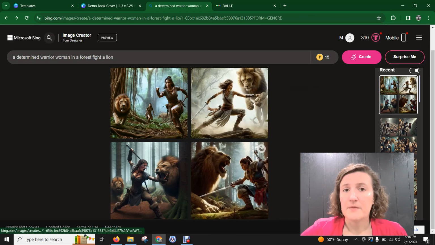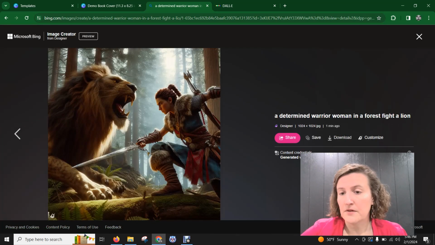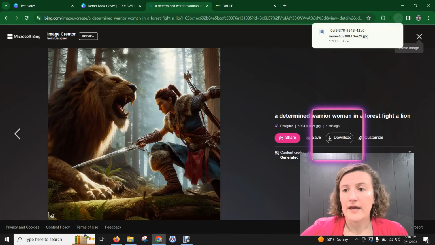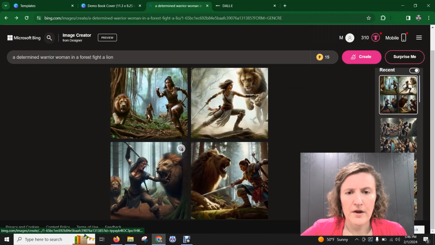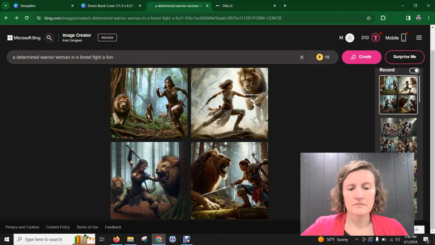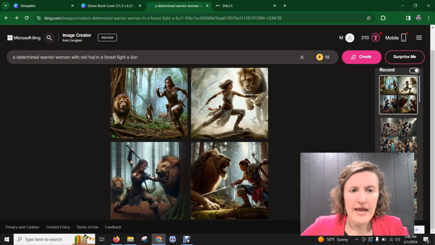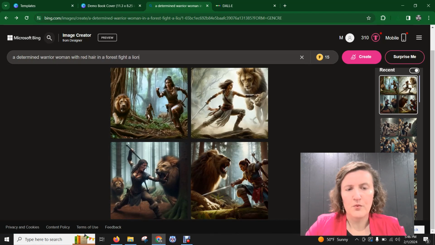Once you pick the image that you really like, you can go in and download it. If you decide that these aren't quite for you and you were hoping for the woman to have red hair in a forest fighting a lion with wings,